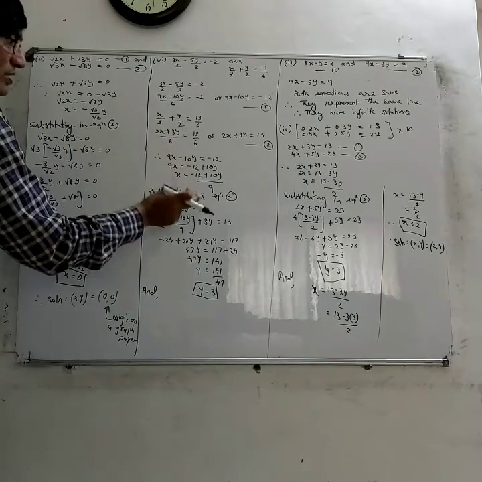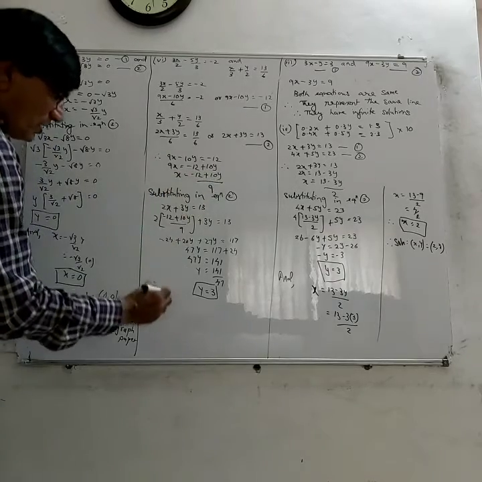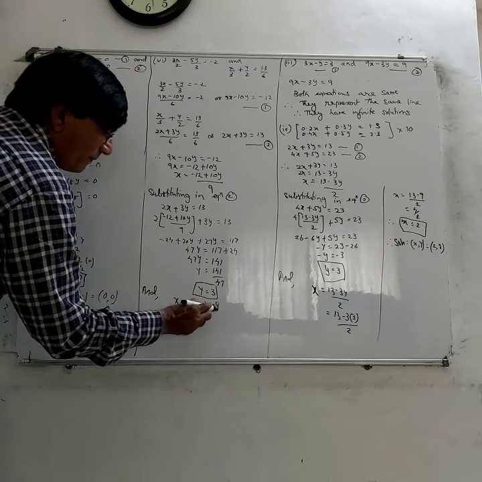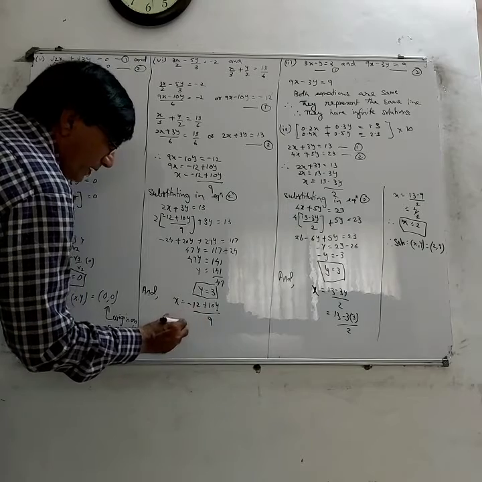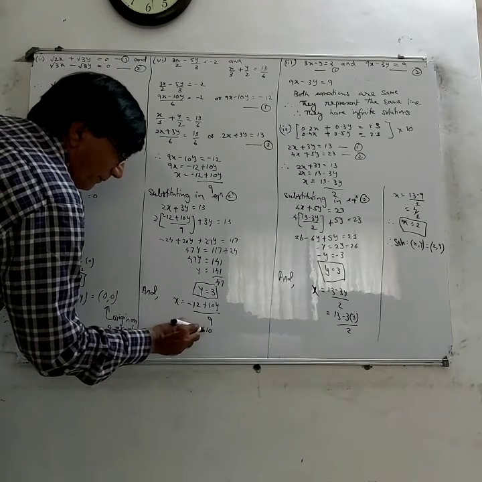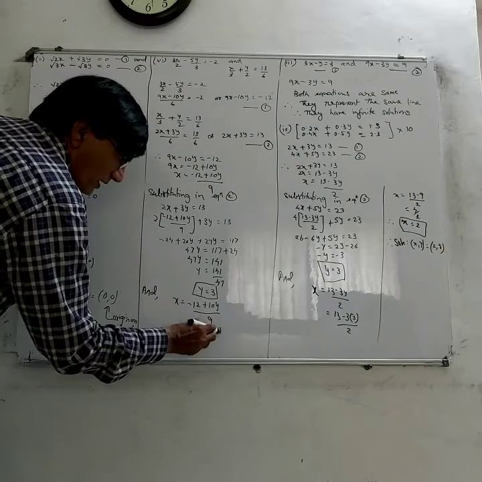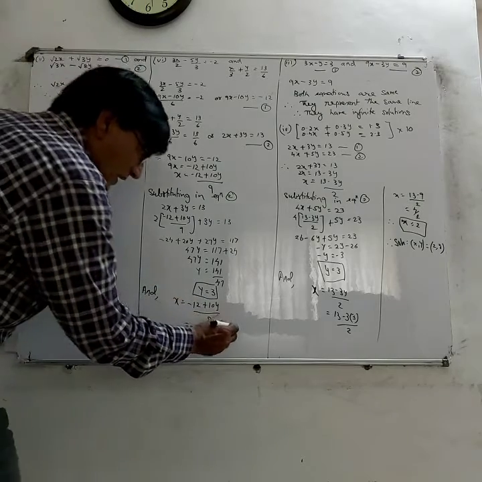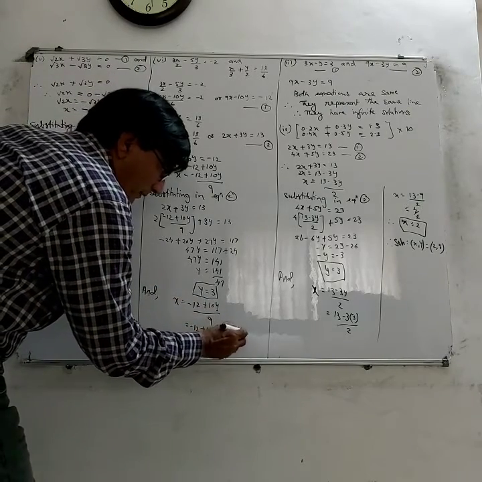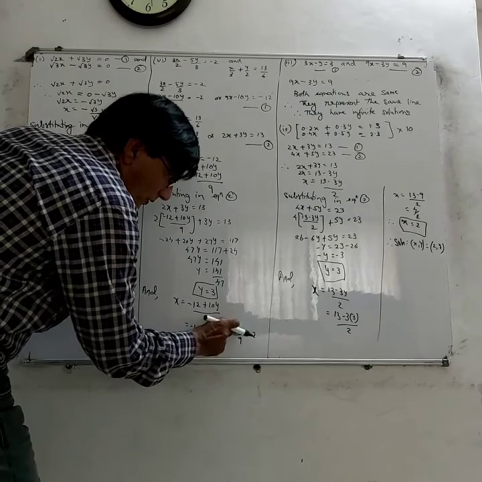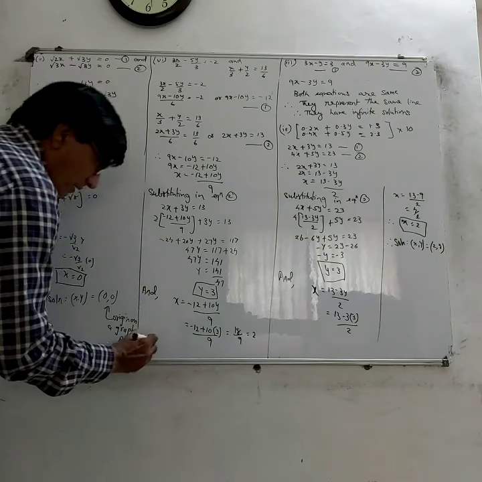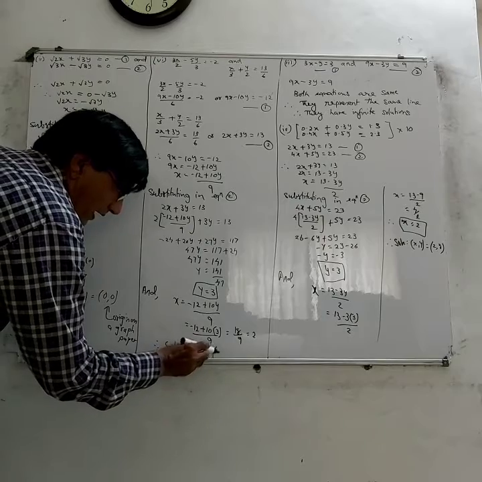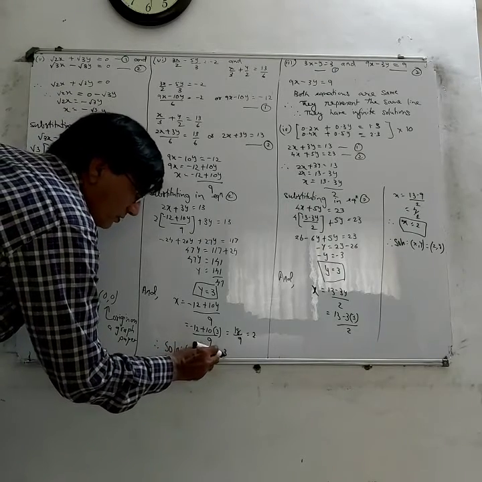Okay, take x now. Where is x? Our x is equal to this. This is your x. X is equal to minus 12 plus 10y upon 9. Minus 12 plus 10 into 3. Y is equal to 3 upon 9. 10 3s are 30. 30 minus 12 is 18. 18 upon 9, that is equal to 2. Therefore, solution x, y: x is equal to 2 and y is equal to 3.